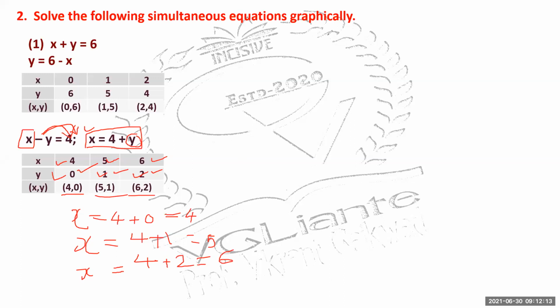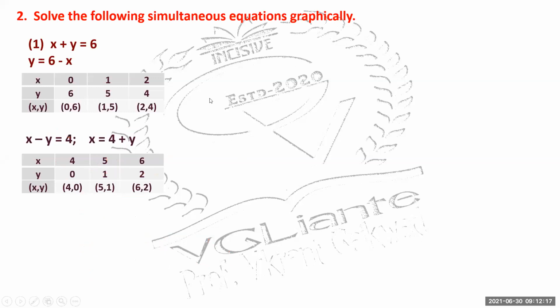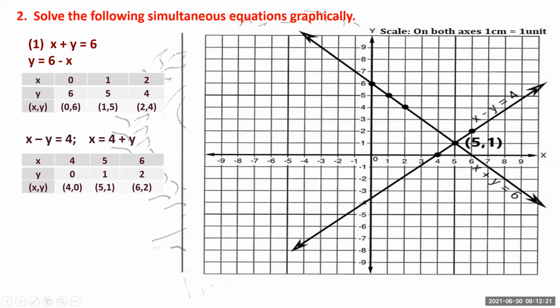So what are you going to do here? You are going to draw first the x-axis and the y-axis, and you are just going to put all the numbers. Now check. You have to start plotting the points. First set of points.